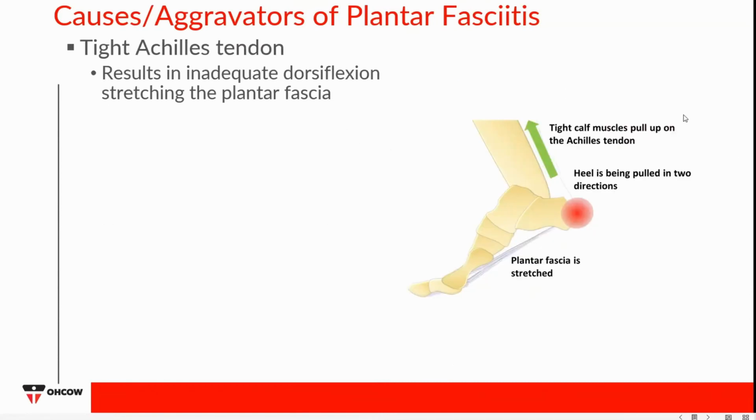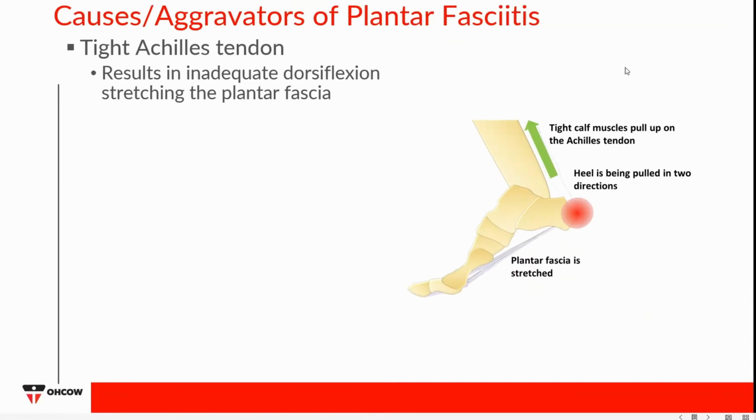Tight Achilles tendon. If you think of yourself standing on the ground and lifting just your foot off the ground, that will be your dorsiflexion action. So if your Achilles tendon and your calf muscle are tight, it will be pulling in one direction, and your heel is basically being pulled in two directions. Because of the tight Achilles tendon, the plantar fascia is being stretched, and that produces extra tension in the plantar fascia,